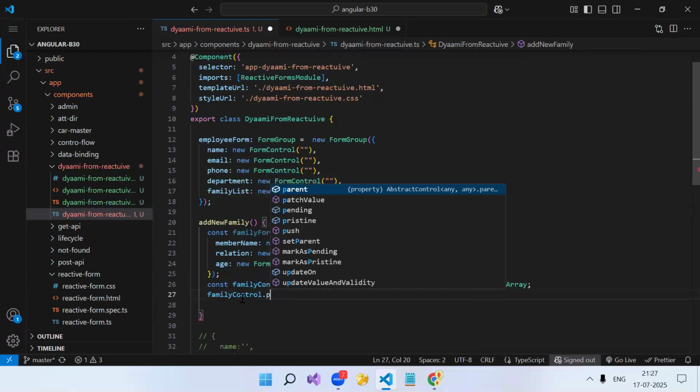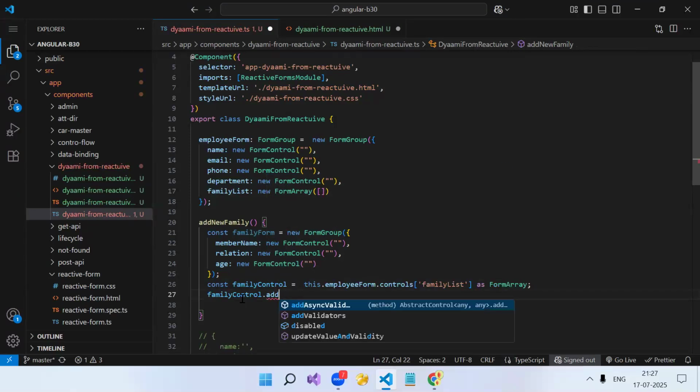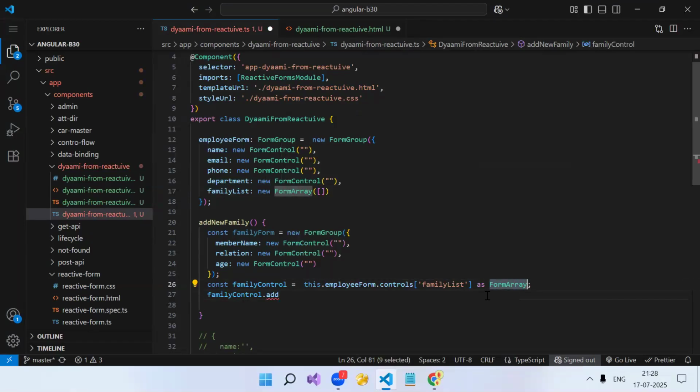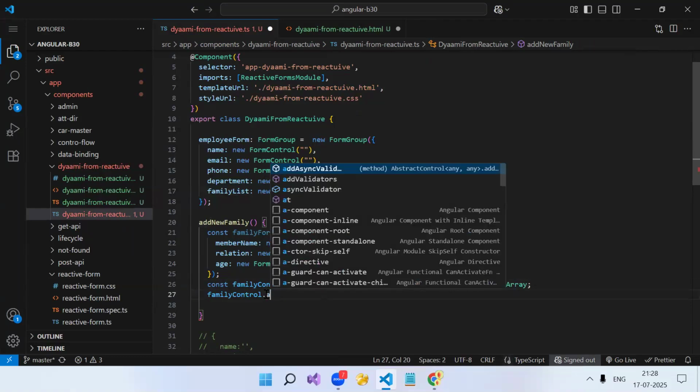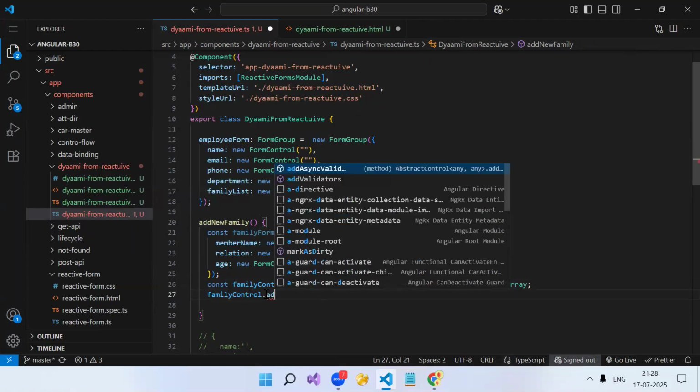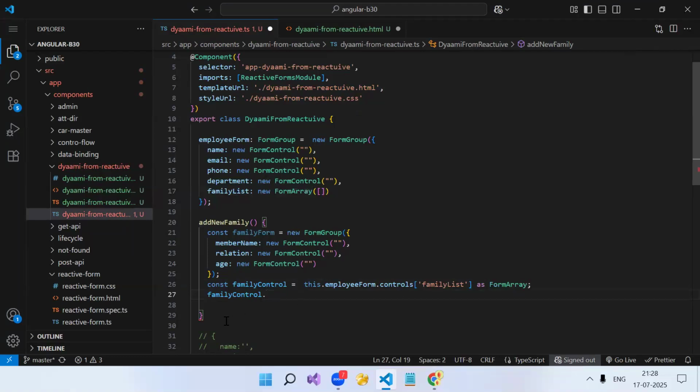Okay. Now if you see the family control dot add, wait, something is missing. Why is add not coming? As form array we have said form array, or something else I'm missing. Why is add not coming? Let's try the get method.